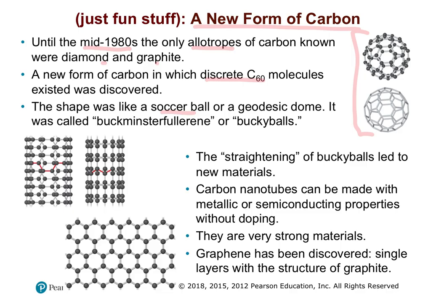Since they look like a soccer ball, they were called Buckminsterfullerene, or buckyballs. They're really, really tiny because it's just 60 carbon atoms, and they have been used for drug delivery, energy storage, as well as strengthening materials. Now, if we take our buckyballs and open them up, we can flatten them out. And that is what a graphene sheet is, a fully laid out